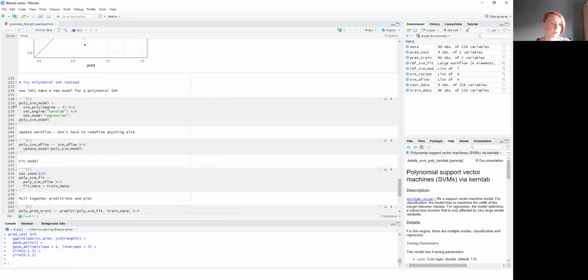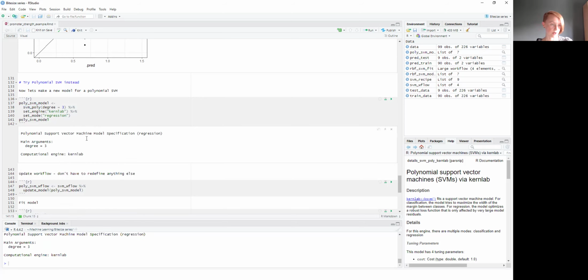So if we just define a new model, for a polynomial SVM, we can use SVM poly this time. I set degree equals 3. So this is looking at original, squared and cubic essentially. We're still using the same engine and the same mode because we still want a regression. But we're just changing that to be polynomial rather than RBF. So if we run that,